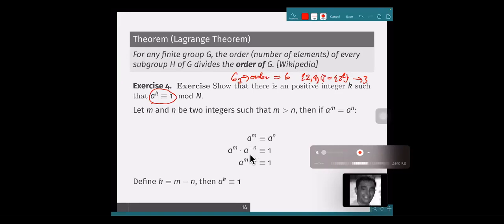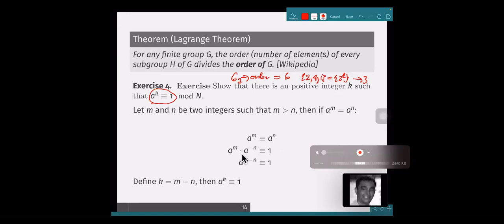So it's very simple. If you have two numbers m and n, and then you raise a to the power m, and suppose they're equal, then what you do is, because this is a group,